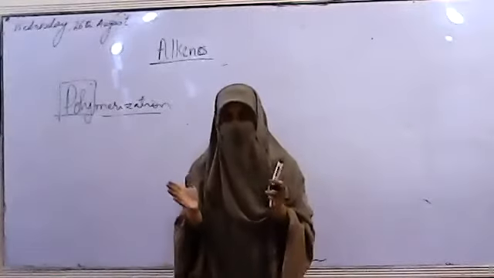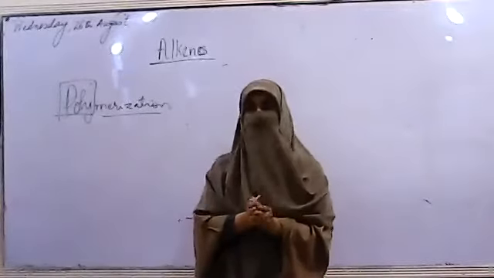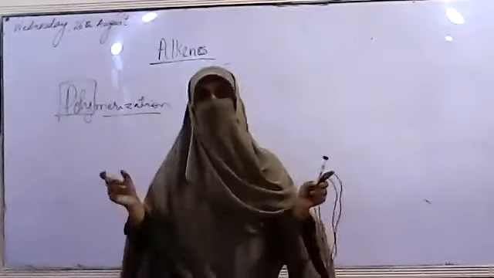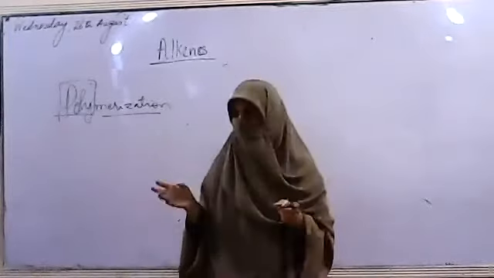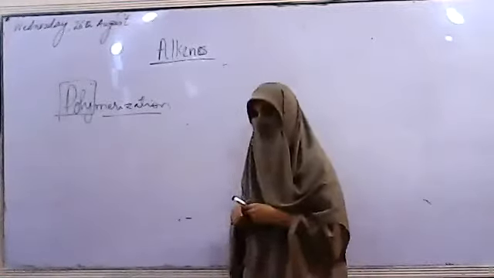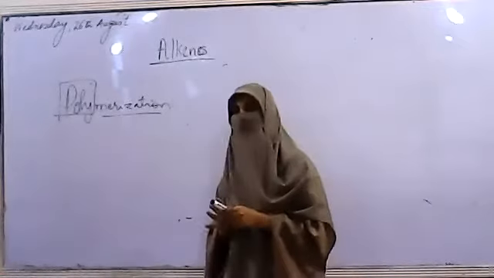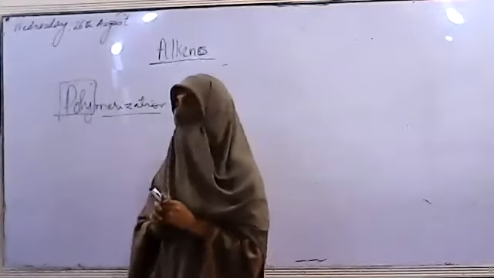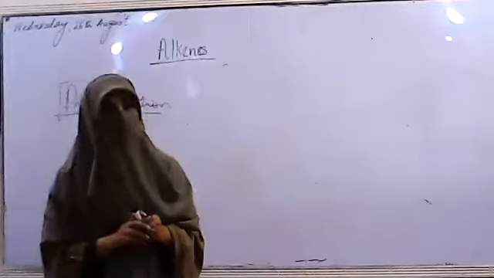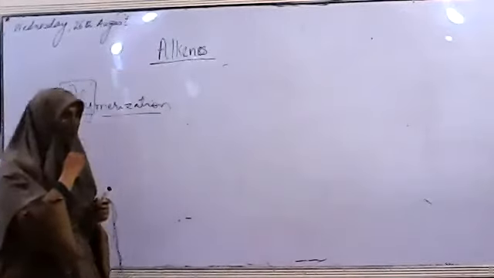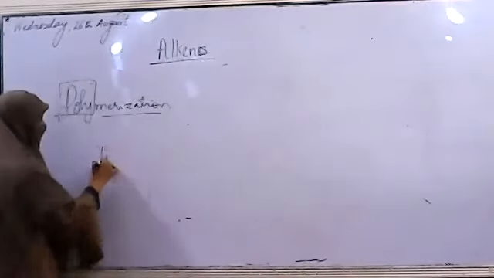In the polymerization process, basically small monomer units combine, either chemically react, or fuse, or whatever the condition is. They basically combine and form long compounds, long chain compounds. In the case of alkenes, we have unsaturation, no doubt. That unsaturation is leading to the formation of polymers. How is that polymer going to form?